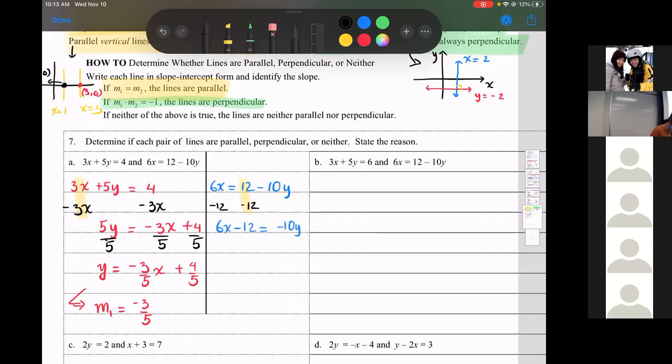Divide both sides by -10, so that I have y on the right-hand side. What's 6 divided by -10, reduced in fraction? -3/5. So -3/5 x. And then -12 divided by -10, positive